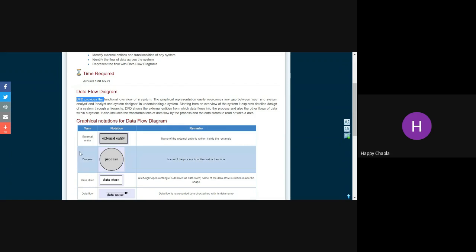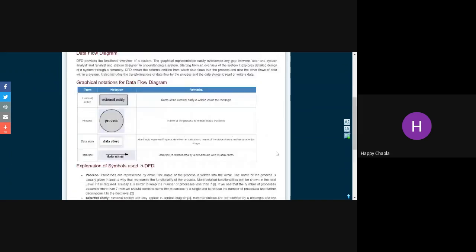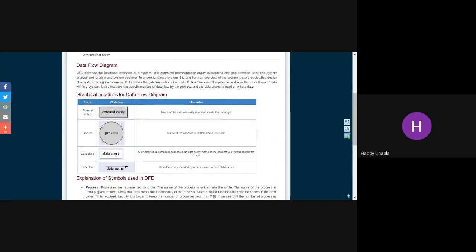Now these are data flow diagram graphical notations. The graphical representation easily overcomes the gap between user and system, and analyst and system designer. So it will reduce the gap between these two in understanding the system.